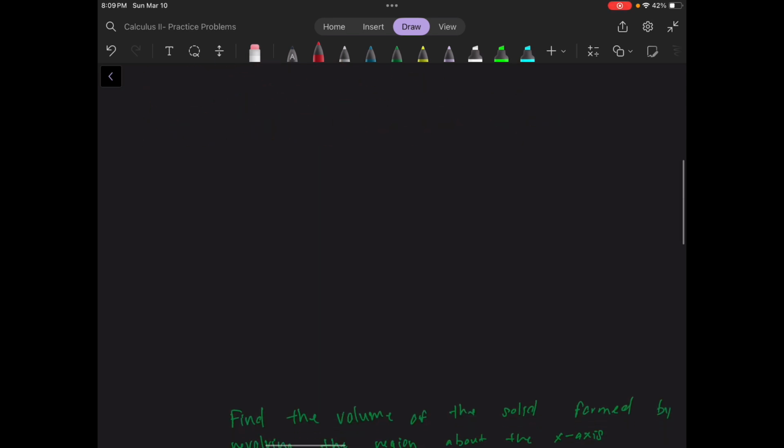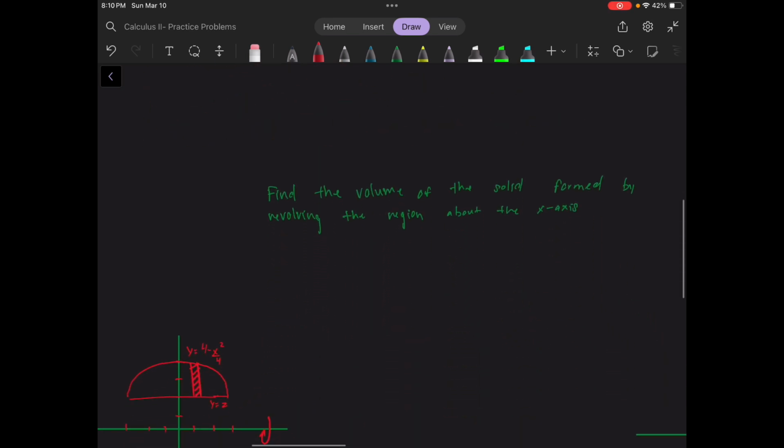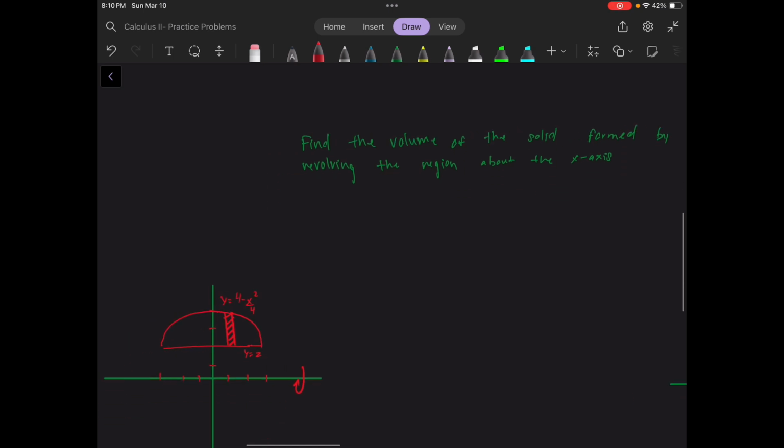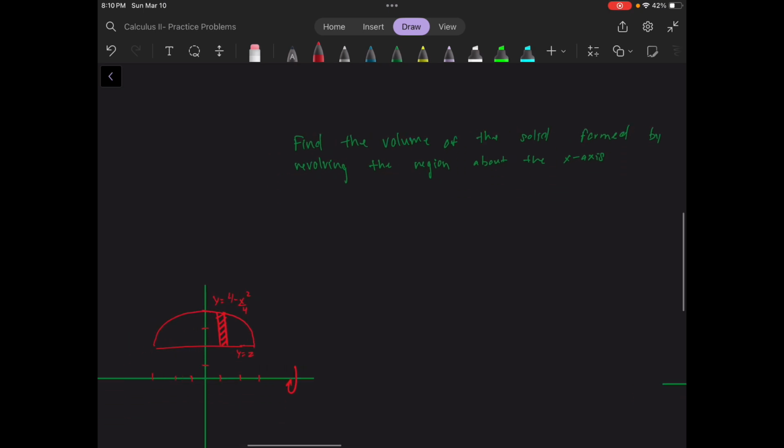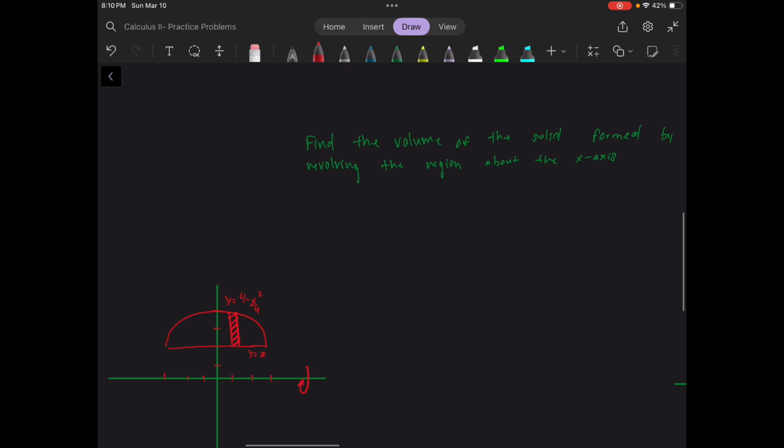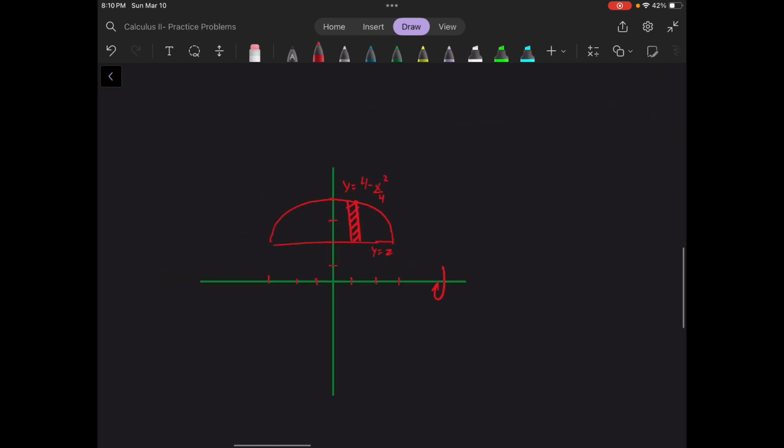So let's look at an example. This asks us to find the volume of the solid formed by revolving the region about the x-axis for both of these equations. So let's look at this one. When we revolve it around the x-axis, what are the steps to